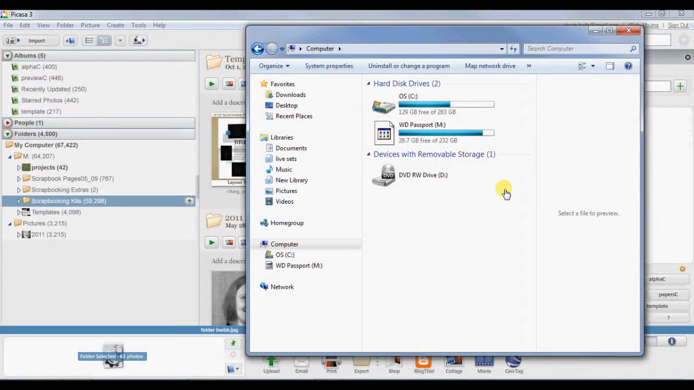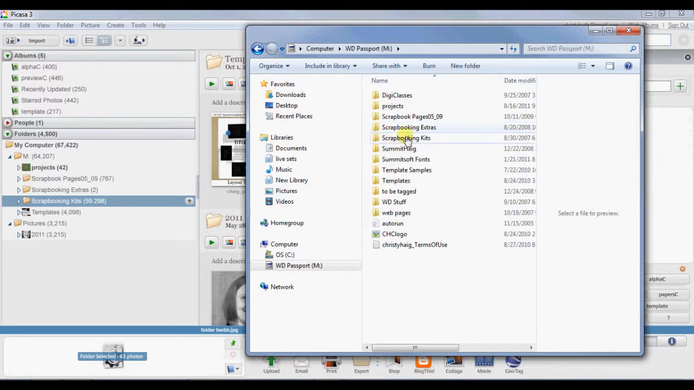Today I want to show you how I've chosen to go about tagging my scrapbooking kits using Picasa. I'm going to start here just in my Windows Explorer and show you what I do with my kits when I get them. On my hard drive, which is this Passport Drive M, I have a folder for my scrapbooking